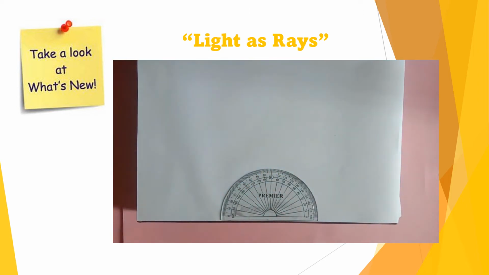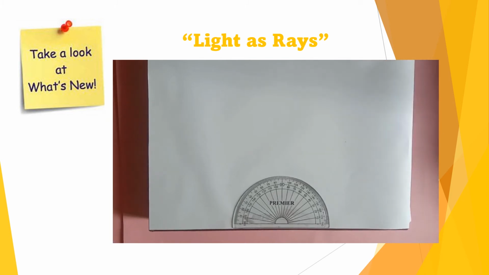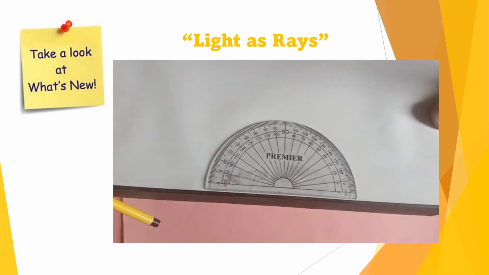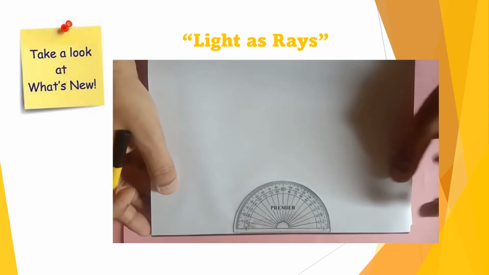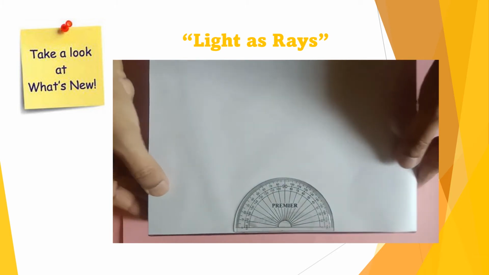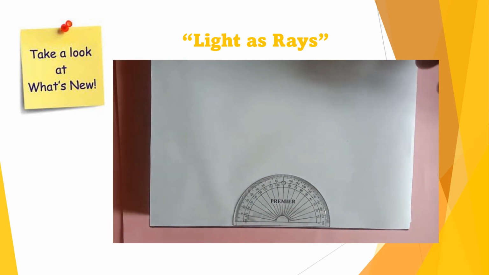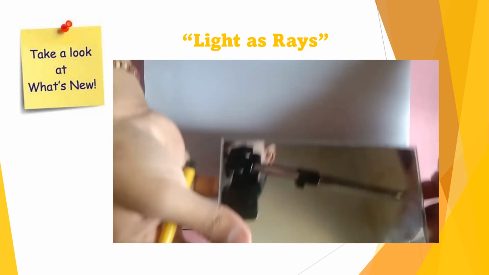Okay, so we are good to go for the second law of reflection, that is, the angle of incidence is equal to the angle of reflection. And what I have done is, on the same cardboard box on which I had fixed this A4 size paper, I have now also fixed a protractor on this white A4 size paper with the help of glue so it doesn't move, right? Now my plan is, this is my plane mirror, and